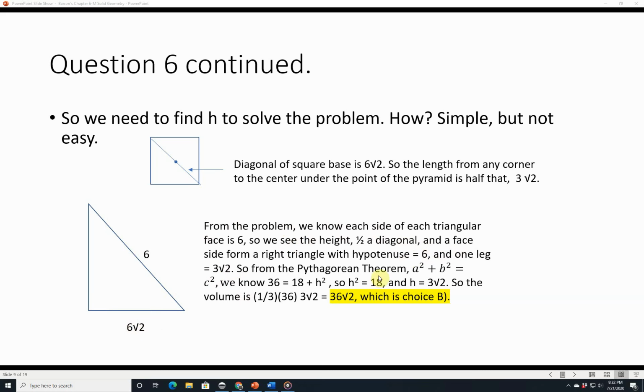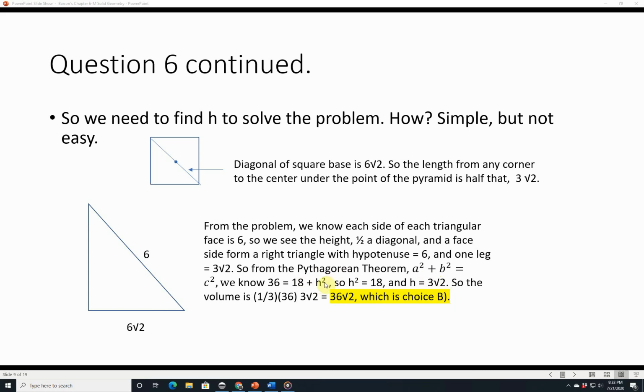Then we know that a squared plus b squared equals c squared from the Pythagorean theorem. This is c. You can make the others a or b, it doesn't really matter. So we know that 36, which is 6 squared, is equal to 3 root 2 squared, which is going to be 9 times 2, which is 18, because you square the 3 and then you square the square root of 2, so you end up with 9 times 2, which is 18, plus